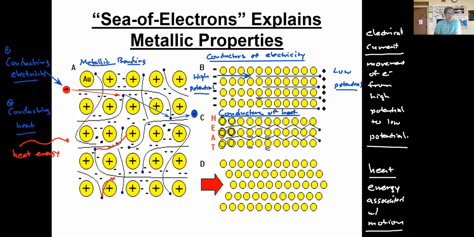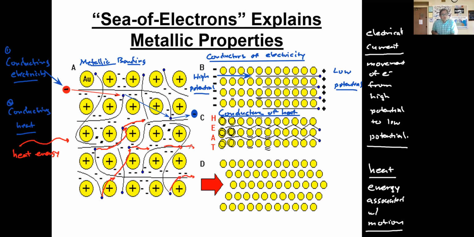Then they're going to collide and hit this electron here, and it's going to cause this electron to start to move faster. So you get this chain reaction of motion where one electron is speeding up, it hits another electron, causing that electron to speed up. You see that happening in waves, and it starts to spread from one side of the metal to the other, so that by the time you get to the other side and this final electron is moving, it's going to transfer that heat to this side.